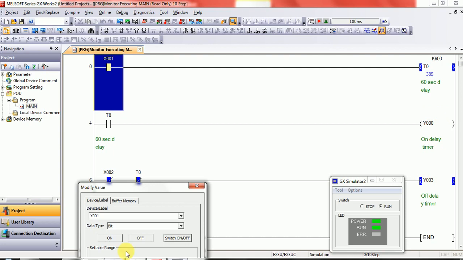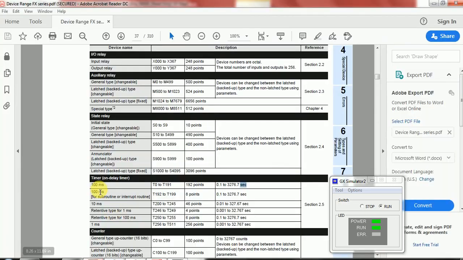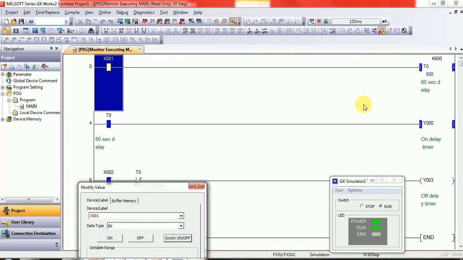There are multiple base times available, like 10 milliseconds. You can experiment by using the T200 timer, and you can produce any delay time required by your program. You can also take a 1 millisecond delay timer. This depends upon you. I hope you can understand